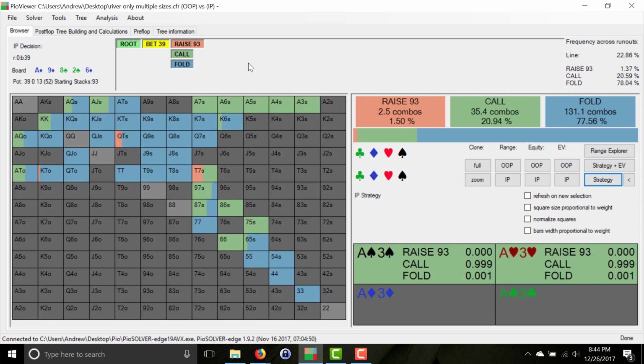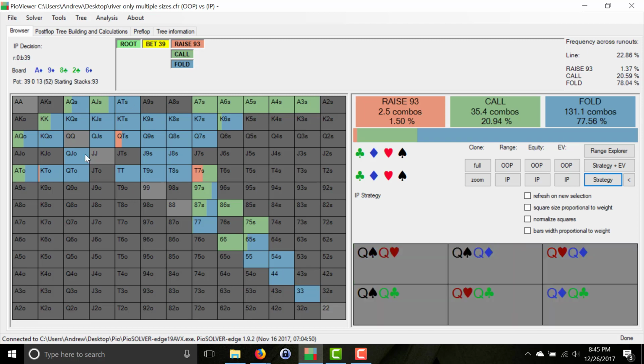And it's interesting looking at this. It's a good tool generally for using PioSolver or any of these equilibrium solvers. There are others as well. You want to look for indifference. This is a term that you'll hear in game theory a lot. The idea behind indifference is that you're indifferent between two different choices. In other words, the expected value, the amount of money that you expect to make by,